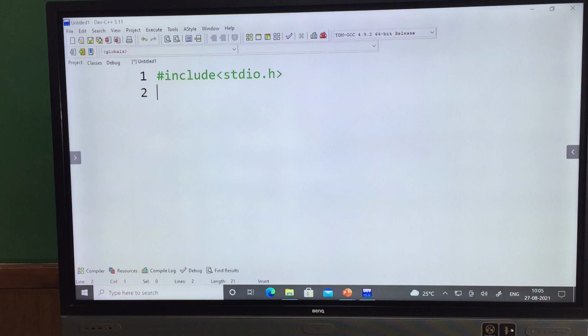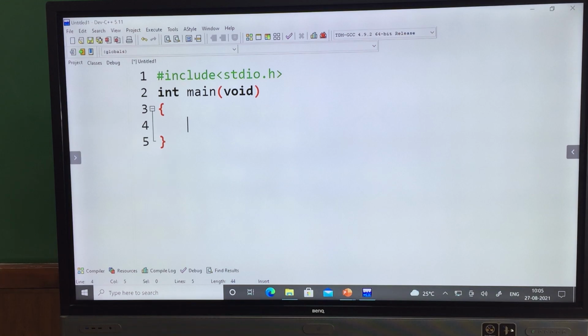Then int main void. I will read only one number and send that number to my file. You can read any data value.